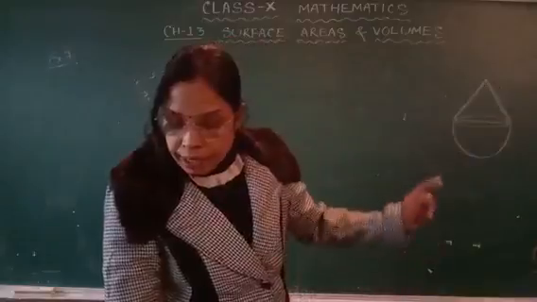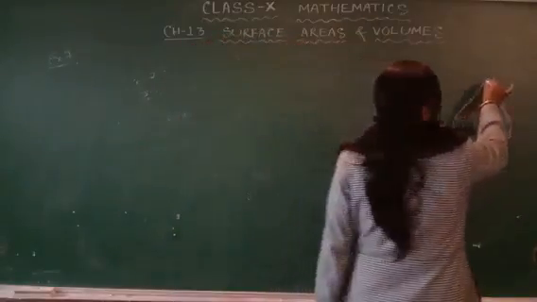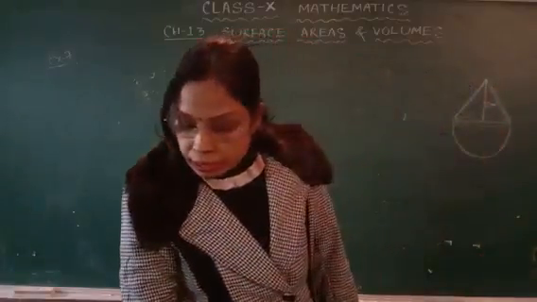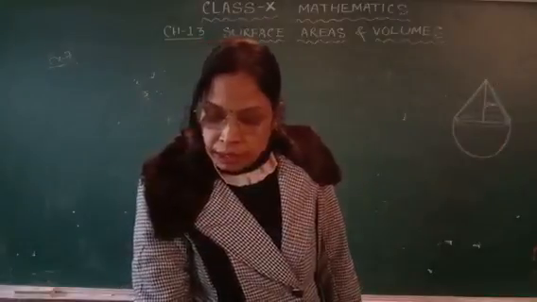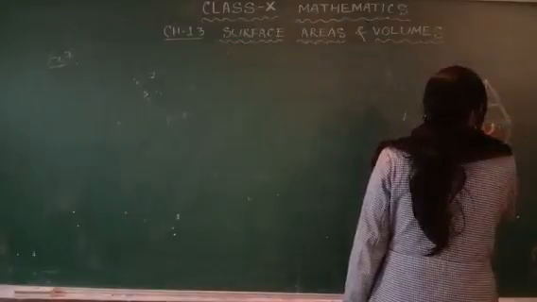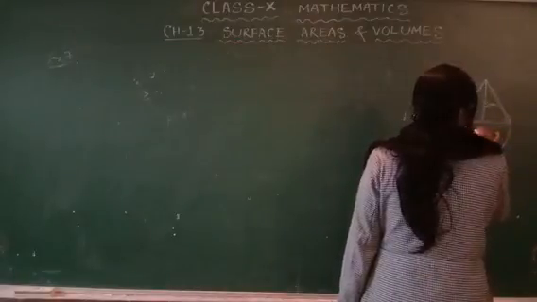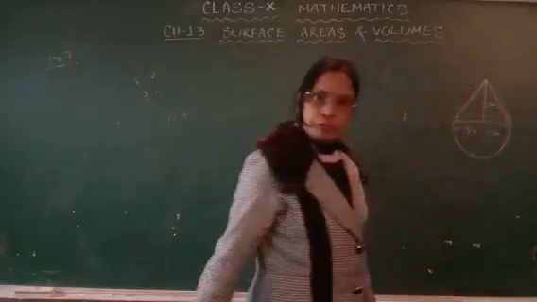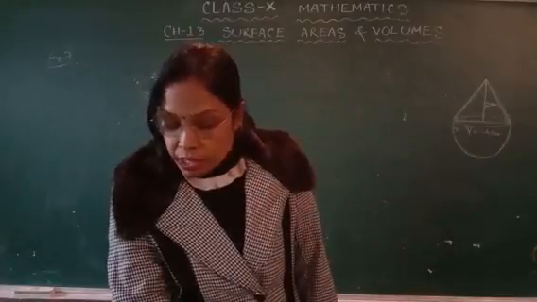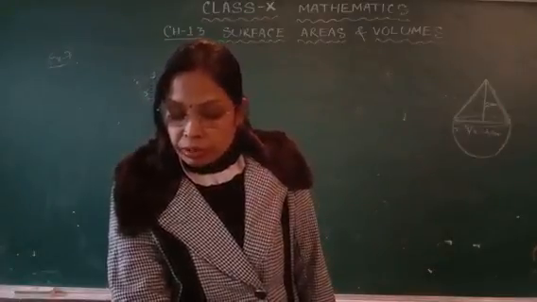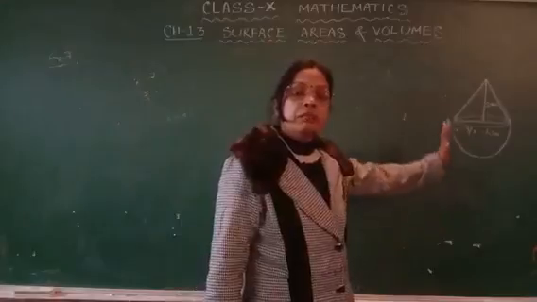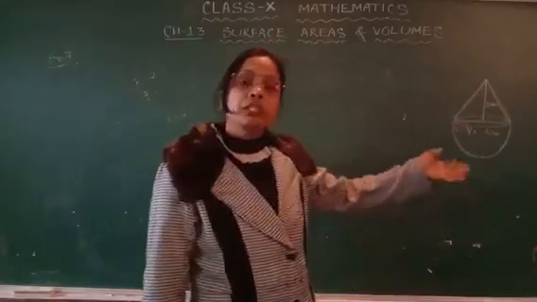Then what is given? The height of the cone is 2 centimeter. So this height of the cone is 2 centimeter. Okay. And the diameter of the base is 4 centimeter. So the radius is equal to 4 upon 2, that is 2 centimeter also. Okay. Then what did the question say? Now if a right circular cylinder circumscribes the toy, find the difference of the volumes of the cylinder and the toy. So first we find the volume of the toy, then we proceed to the next step.